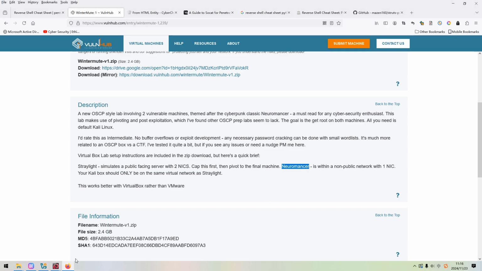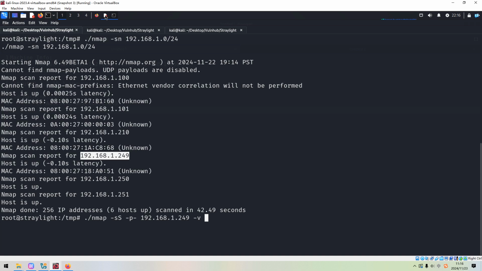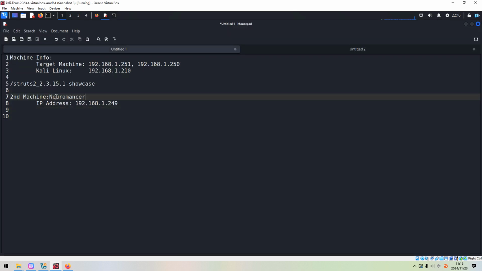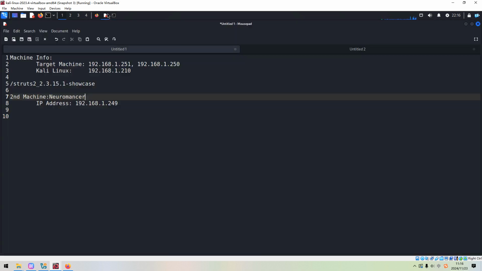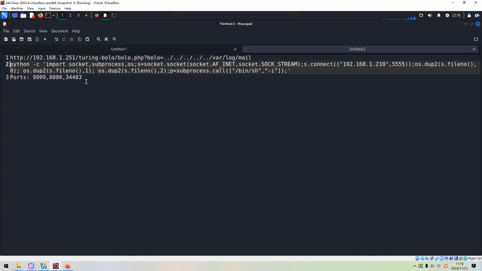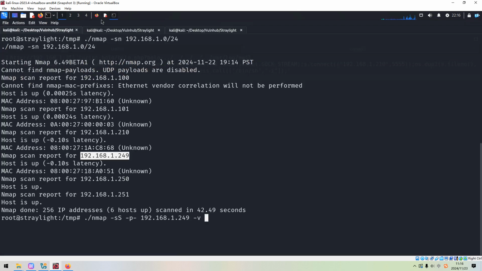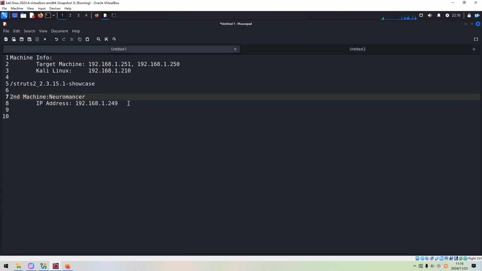We can copy this machine name to our notebook as well. I've already noted such information in the notebook, so we can paste it over here. So the ports would be these.